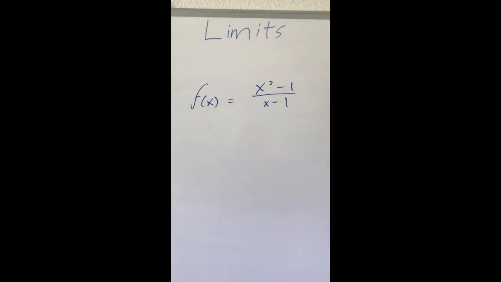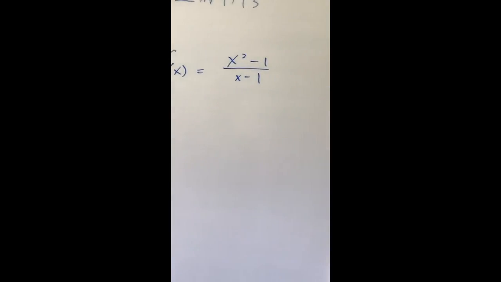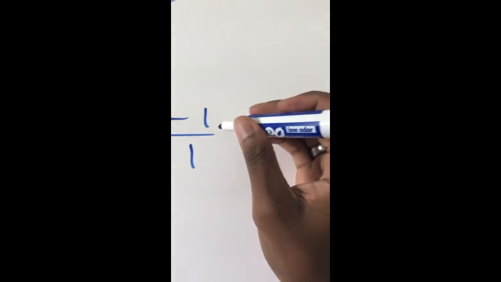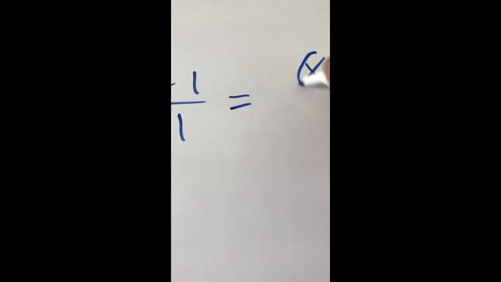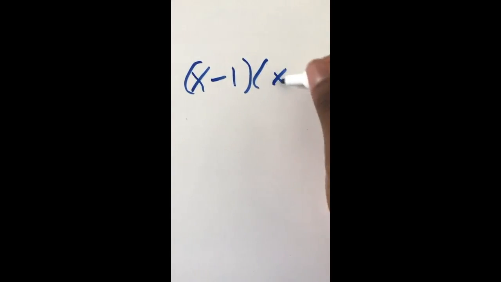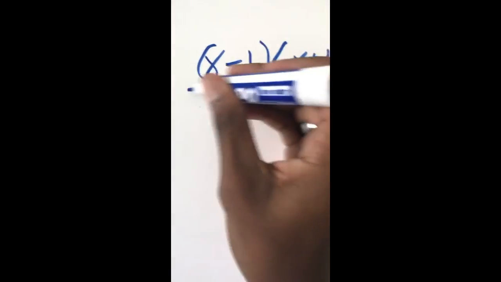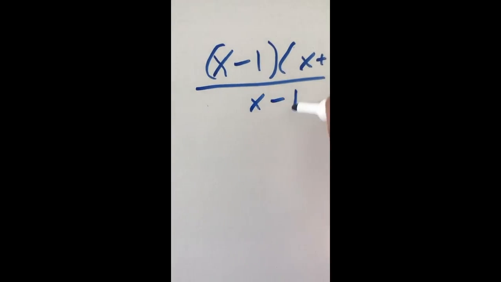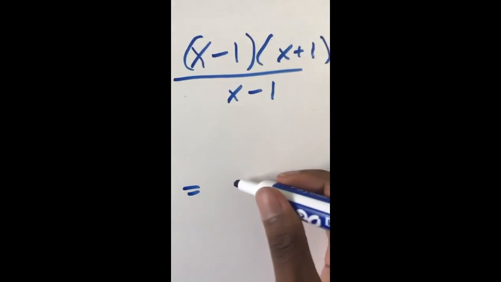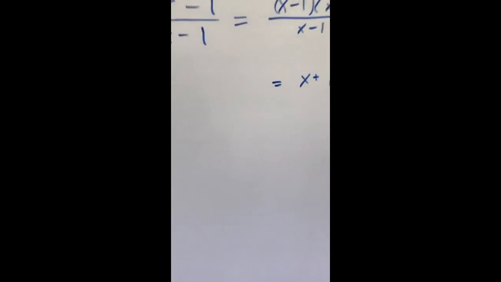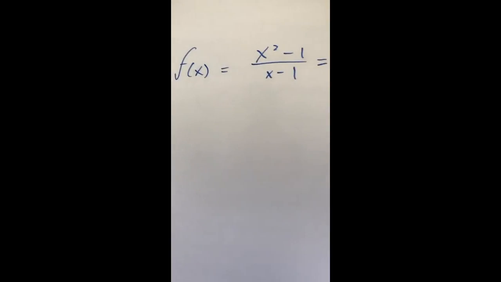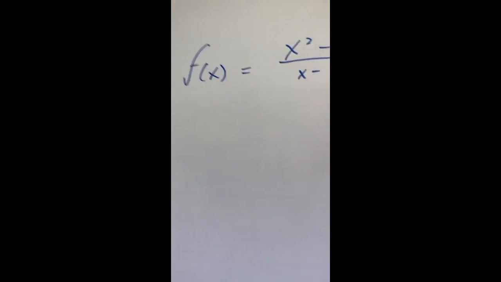Alright. So one thing you may be thinking is that we could simplify this. And if we did that, we would have just x plus 1, and if we did that,